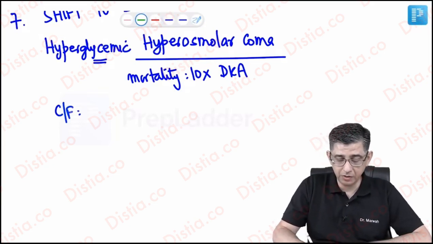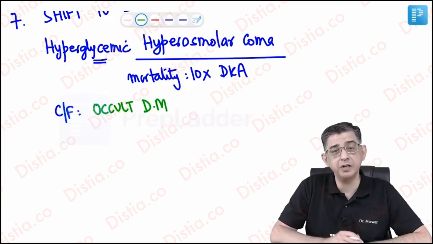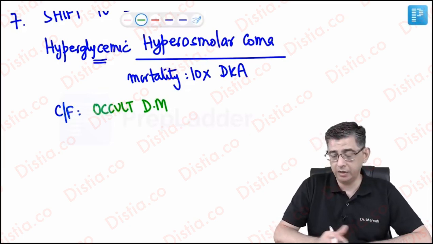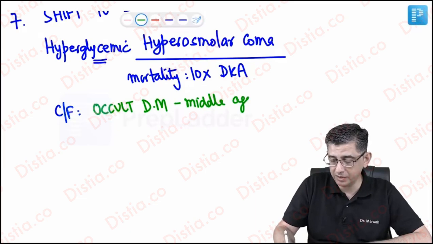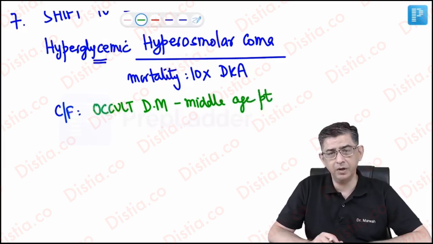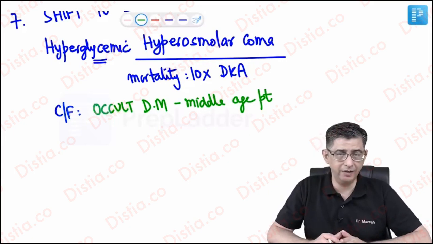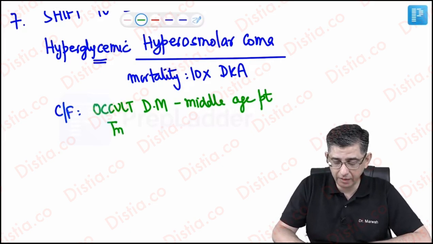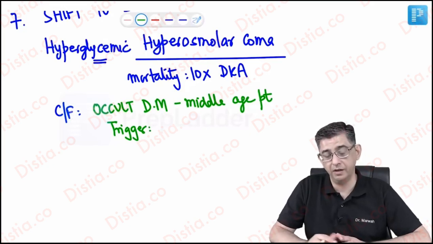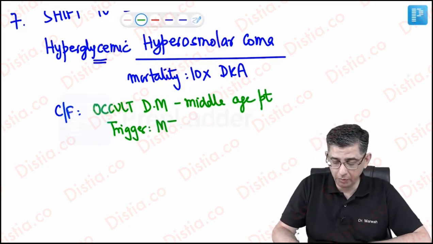In the majority of cases, the person will not even be aware of the fact that he's suffering from diabetes mellitus. I've written the words occult diabetes mellitus in a middle-aged patient. This particular guy is, let me say, retired from any industry, and he's living a very comfortable pensioner's life till one day he has this trigger which will contribute to a hyperglycemic hyperosmolar state. The trigger would usually be in the form of